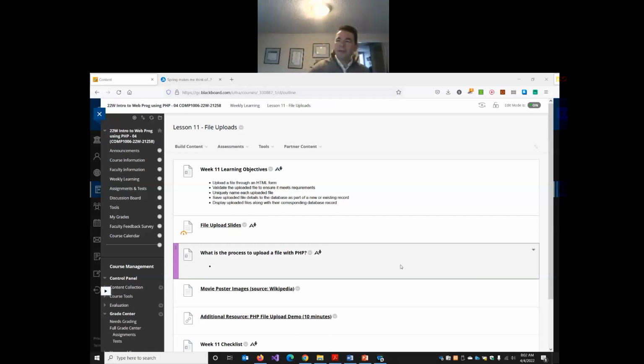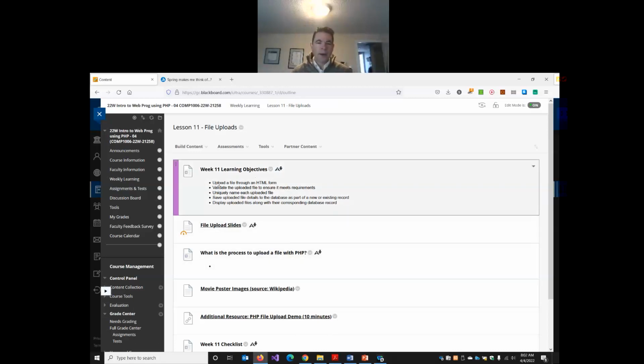Today is lesson 11, and today we're going to look at file uploading with PHP. Now, some of the things we're going to do are similar, even if we're using a different server-side scripting language. Some of the basic process is pretty similar, no matter what technology we're using. So we're going to look at how do we upload a file, how do we include it in an HTML